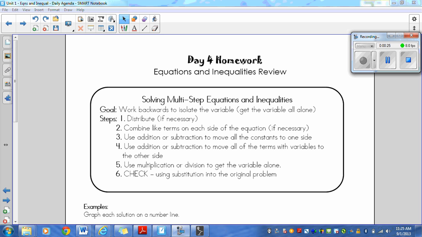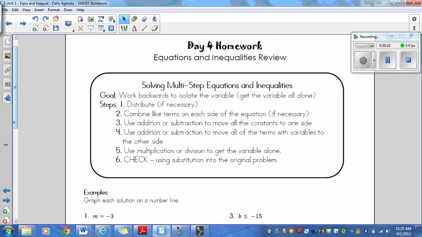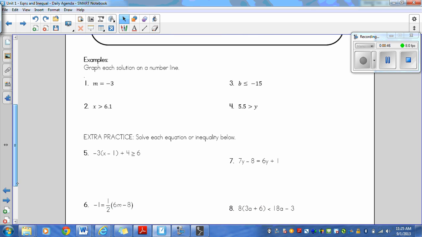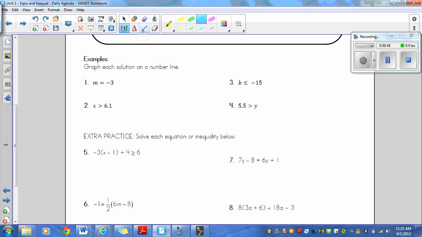Step 2 is to combine like terms on each side of the equation. And then we add or subtract to move all the constants to one side and all the variables to one side. Then you can use multiplication or division to get the variable alone, and then you check using substitution. This is a review from last year, so you have done this before, and you guys are really good at solving equations. Graphing them on a number line, I'm going to go over this